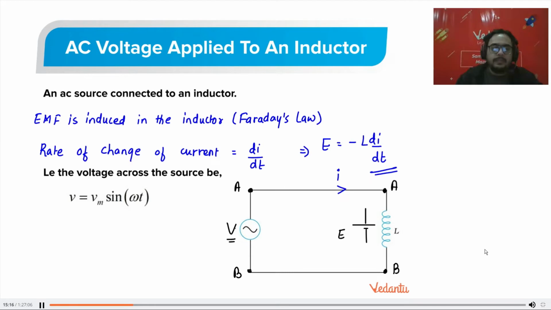Okay, repeat. What do you want me to repeat? I am just saying VA minus VB, the magnitude between two points, will be equal to V, and it will be equal to E. Shaina, is it clear now? As you can see by the diagram, I hope it is clear.